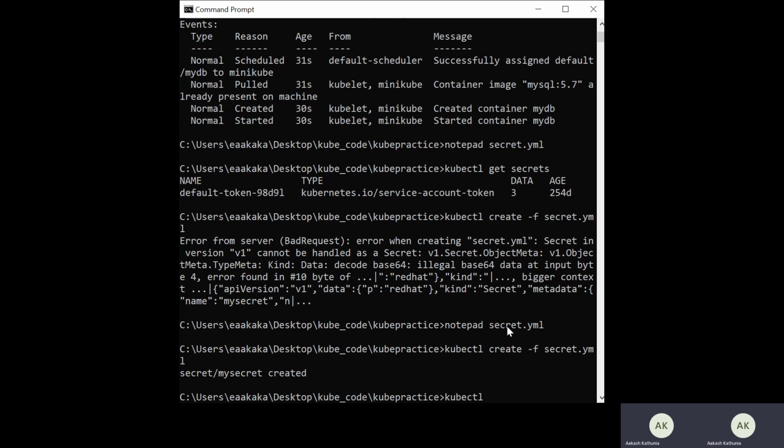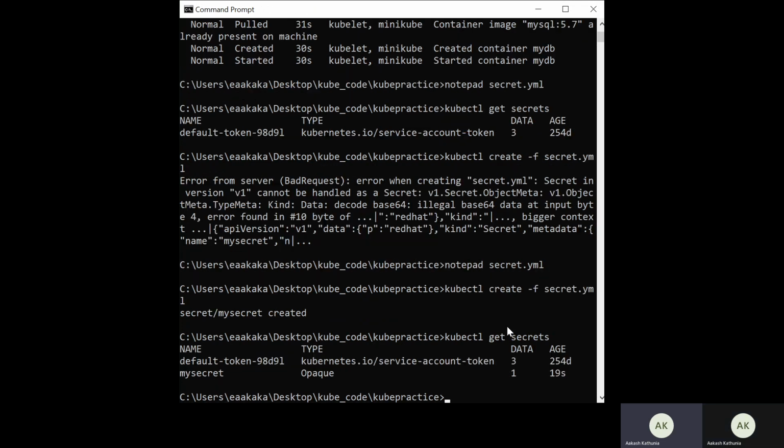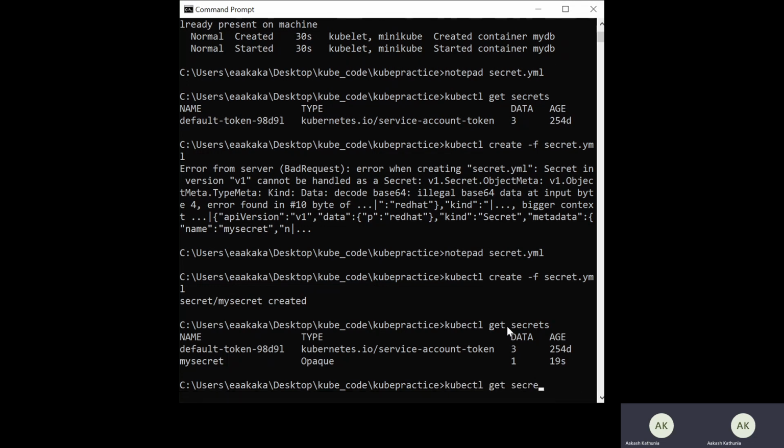In order to see the description, kubectl describe secret. Let me first run kubectl get secrets. Here my secret is created, and inside my secret, if you describe it, kubectl describe secret, and my-secret is the secret that we have created.